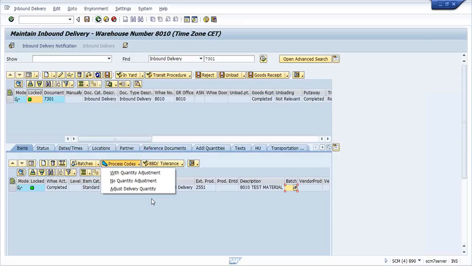So now you've done the GR. Have you confirmed the warehouse order? Not yet. See, during the task, I have to check, right? I mean, during confirmation, I want to make sure that the quantity is correct. Exactly. So, basically,